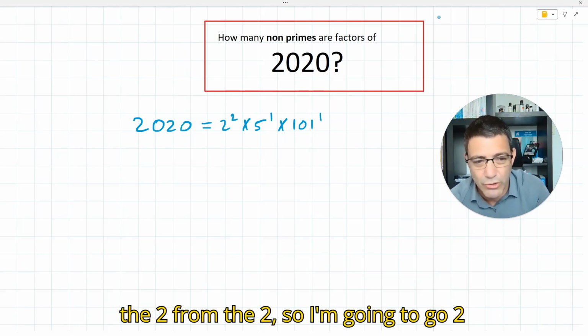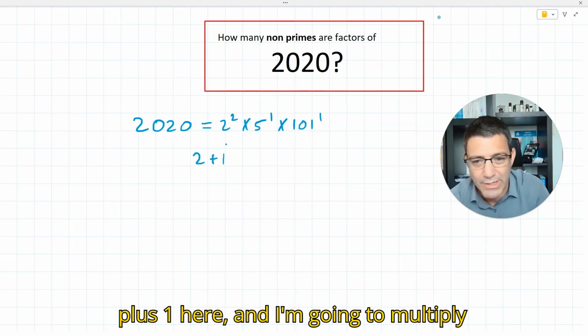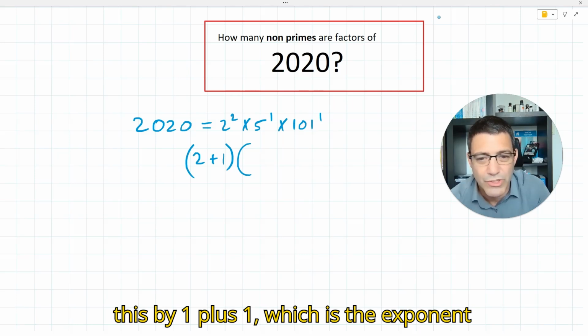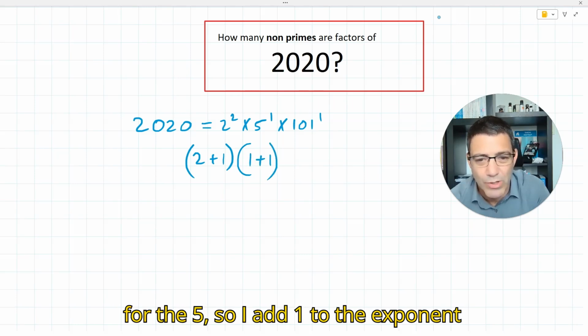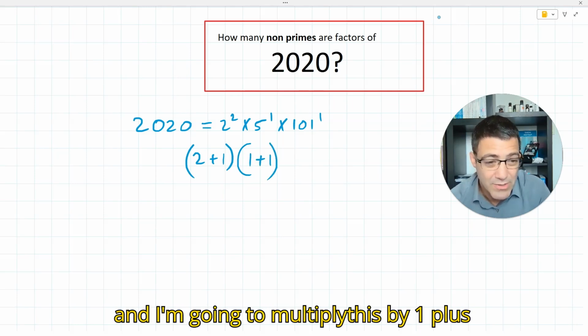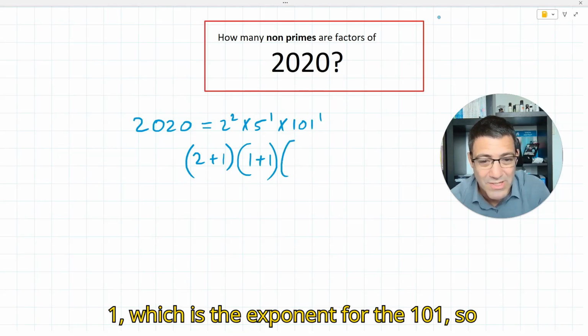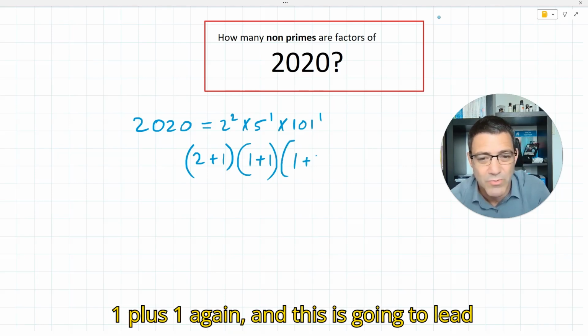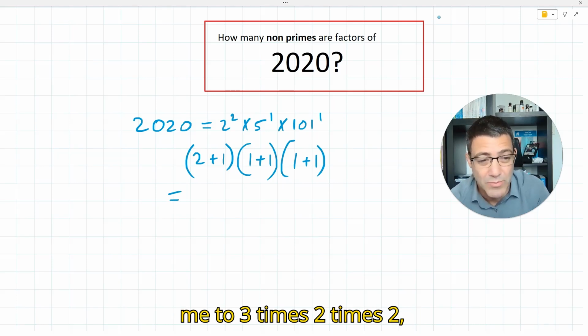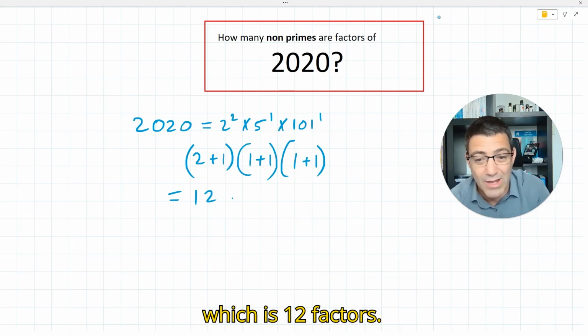I'll take the 2 from the 2, so I'm going to go 2 plus 1 here. And I'm going to multiply this by 1 plus 1, which is the exponent for the 5. So I add 1 to the exponent. And I'm going to multiply this by 1 plus 1, which is the exponent for the 101. So 1 plus 1 again. And this is going to lead me to 3 times 2 times 2, which is 12 factors. So the number